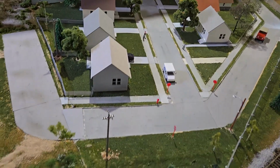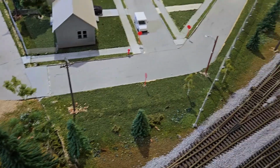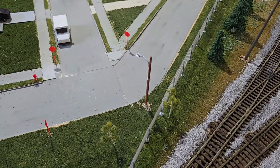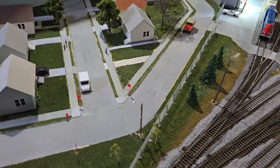I don't know if I showed on a previous video yet or not, but I've been putting all these power poles all the way around the layout. Plus I got some street lights here. These are not wired up yet, but they are in place. And while we're right here,